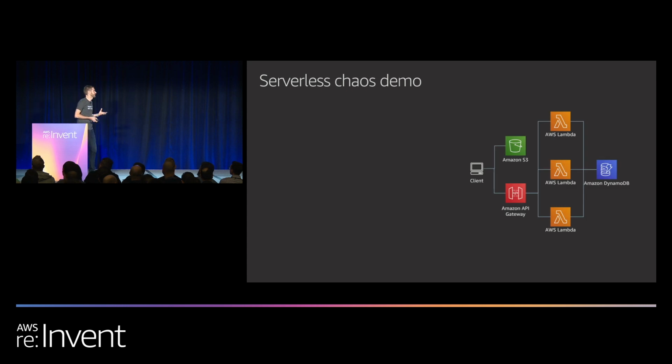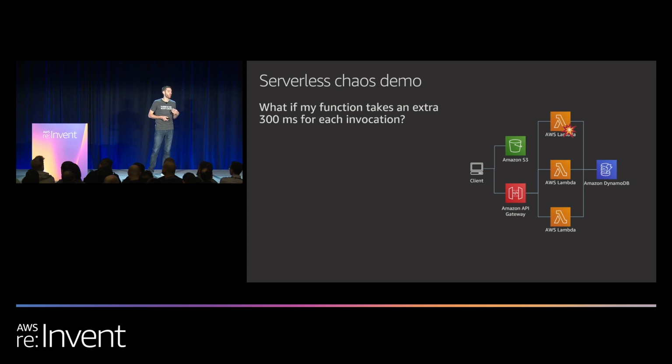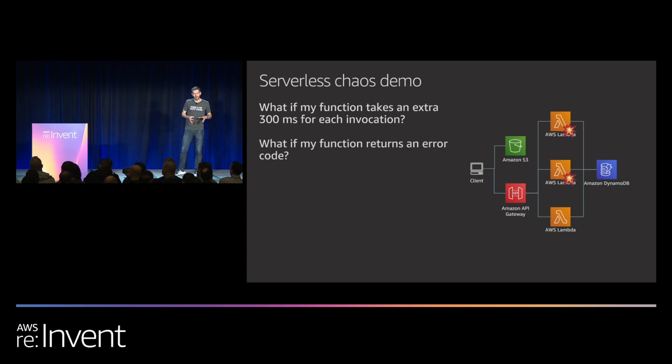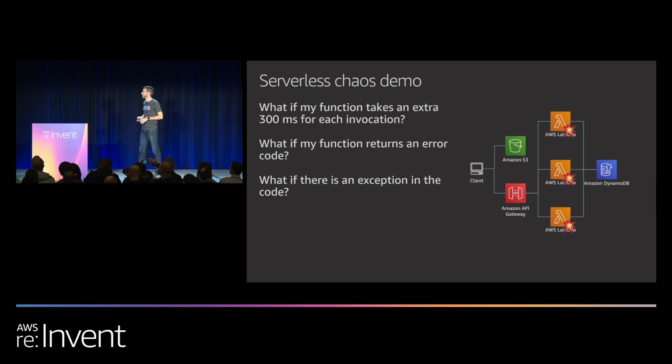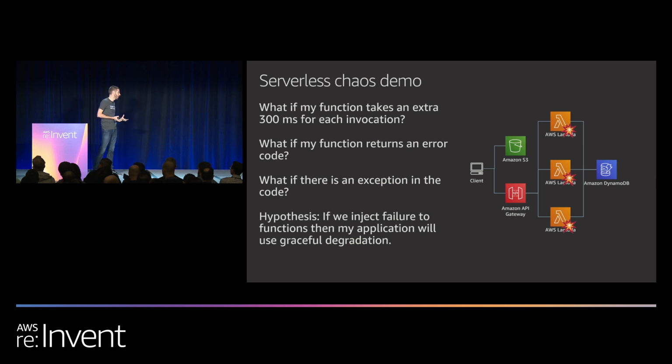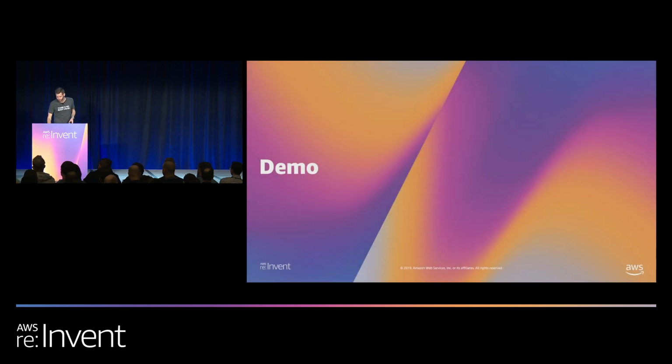So, do you remember the steps we had when we were creating our experiment? Let's say that we have established a steady state already. Now it's time to create our hypothesis. So what if my function takes an extra 300 milliseconds for each invocation? What if my function returns an error code? What if there is an exception in the code? Well, in that case, my hypothesis, based on the limited evidence I have, is that if we inject failure to functions, then my application will use graceful degradation. And graceful degradation means that the application will still work good enough for the users. So, let's